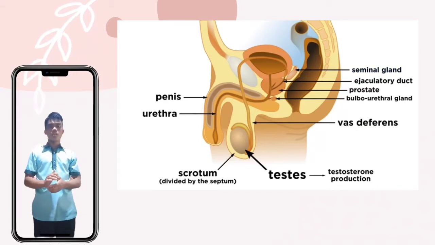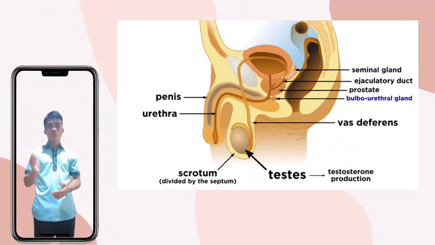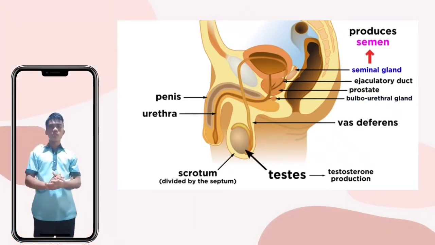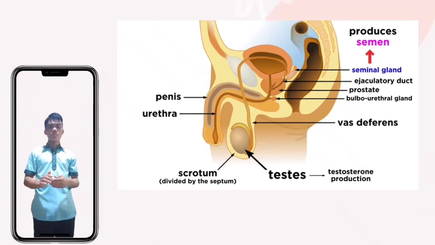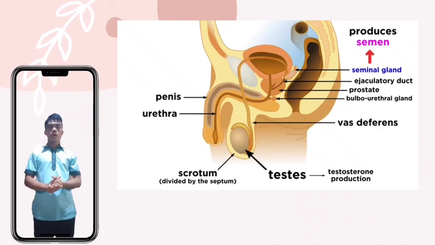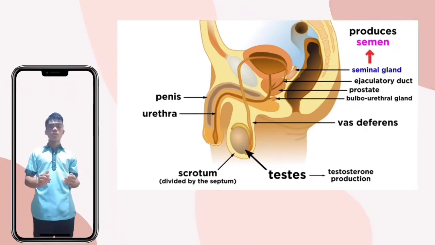These are the seminal glands, prostate, and bulbourethral glands. Starting with the seminal glands, these sit off the surface of the bladder and produce the fluid called semen. This is not to be confused with sperm, as there is no sperm produced here, but during ejaculation,